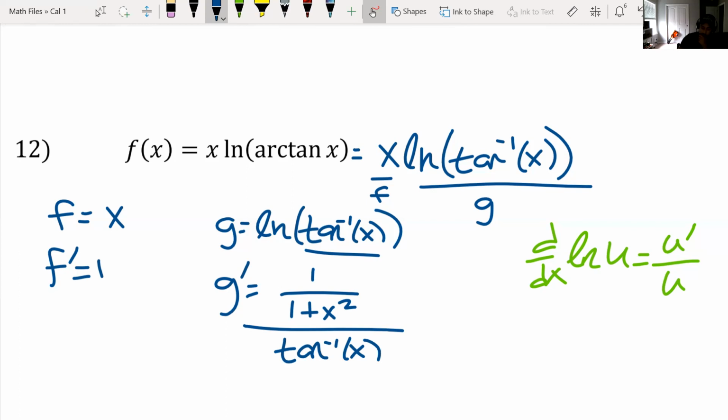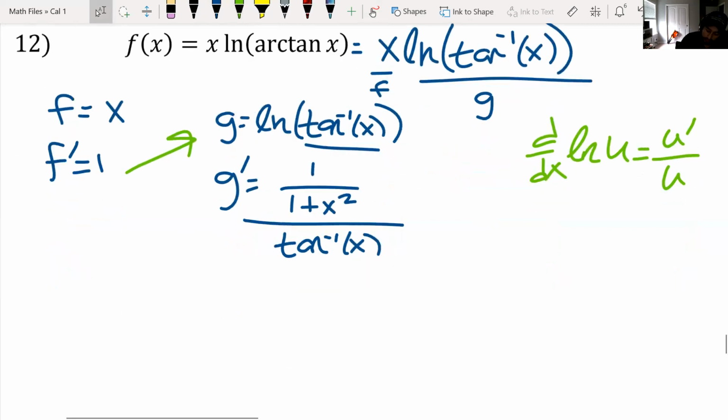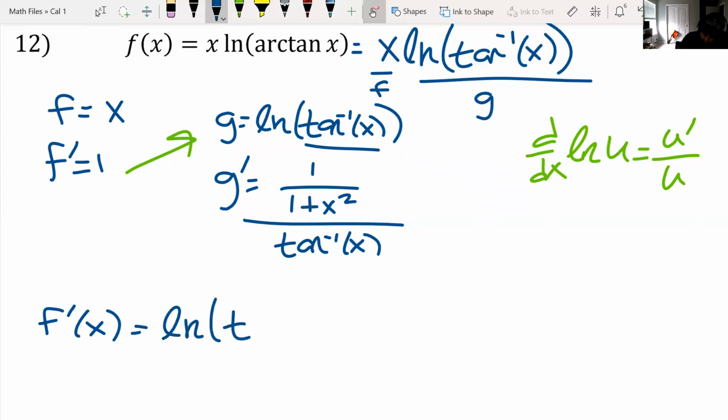There it is. Follow your product rule. F prime g. So let me come down here. Y prime equals the natural log of the inverse tangent of x plus,